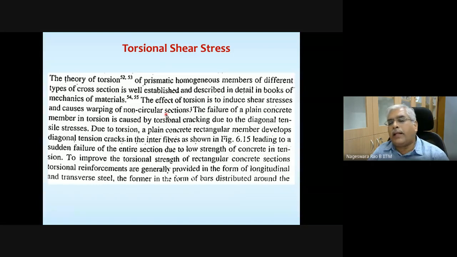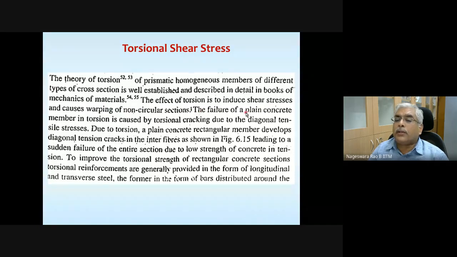We are going to deal with I sections. So our sections are not going to be circular in cross section most of the time. So we need to also consider this one. Anyway, that you will be learning in advanced courses. Okay. So the effect of torsion is to induce shear stresses and causes warping of non-circular cross sections.